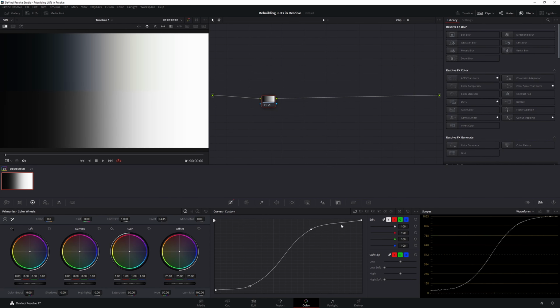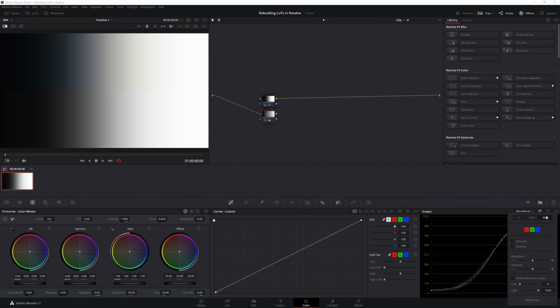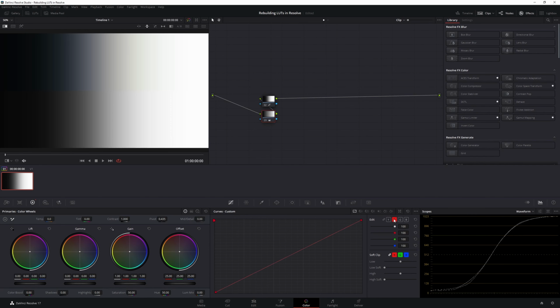Now that we have matched the contrast, we can start matching the RGB channels in a new node. An important thing to note when matching the RGB curves is to have the Luma mix set to 0, so that the channels behave independently of each other and don't compensate luminance. We have already matched the contrast curve, so we only need to match the deviation of the RGB curve from the main curve. When matching the RGB curves, you can change the waveform settings to display only the channel you want to recreate. I'm going to start by matching the red channel and then proceed to match the other channels.